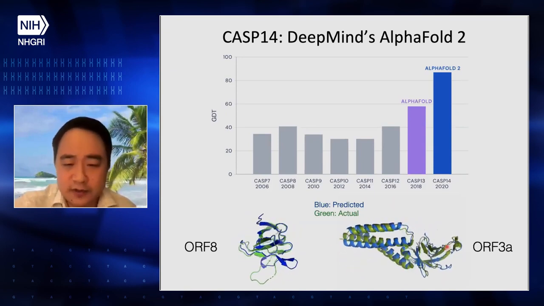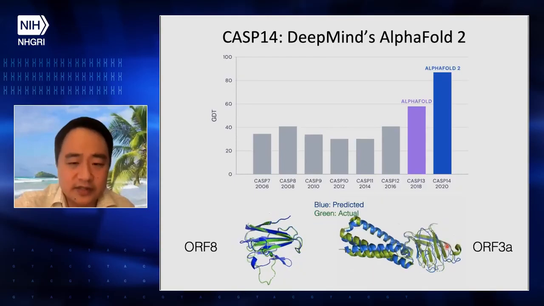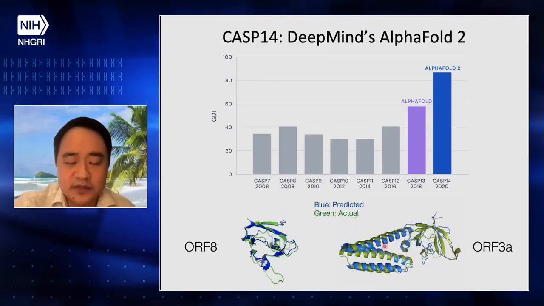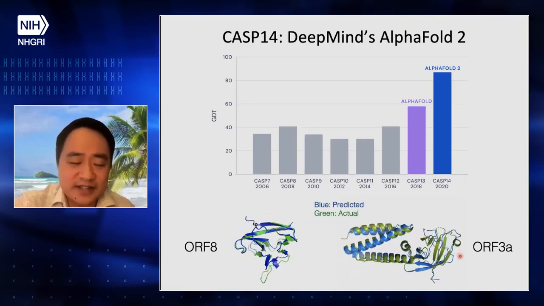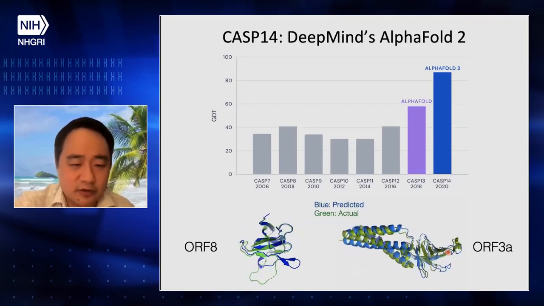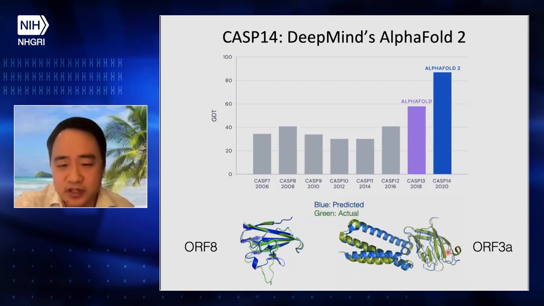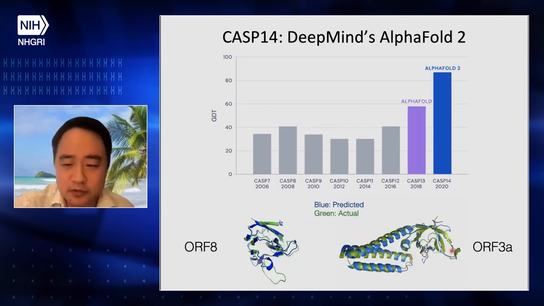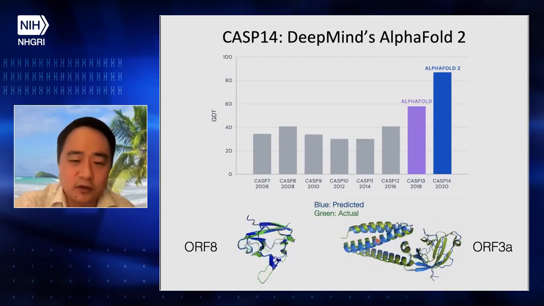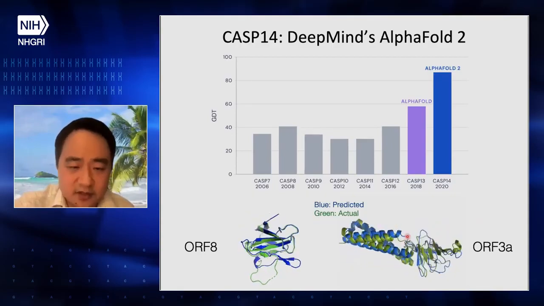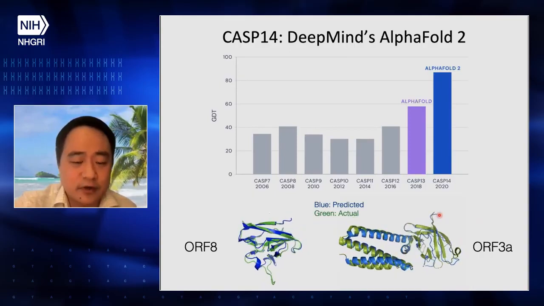I tried all different approaches and existing algorithms. These are the structures from the SARS-CoV-2 virus, and all existing structure prediction algorithms cannot make any reasonable prediction for these two. Basically, we just got a random prediction, but AlphaFold 2 is able to generate a prediction that looks almost perfect. Which I think is very impressive.